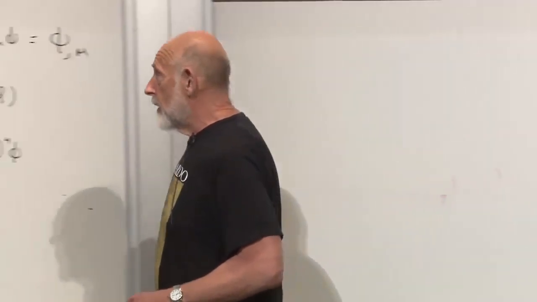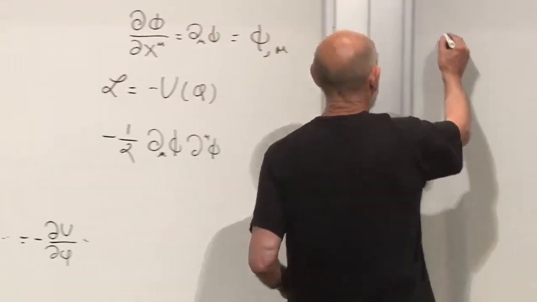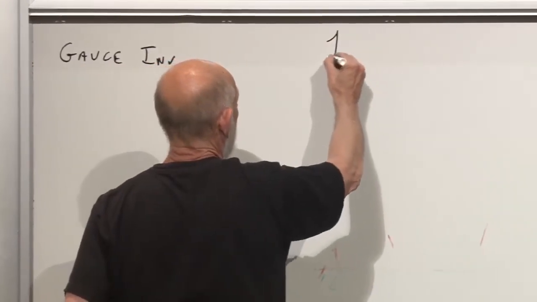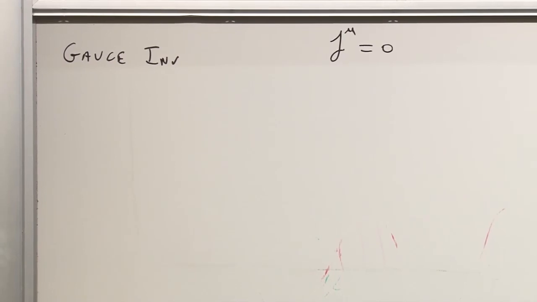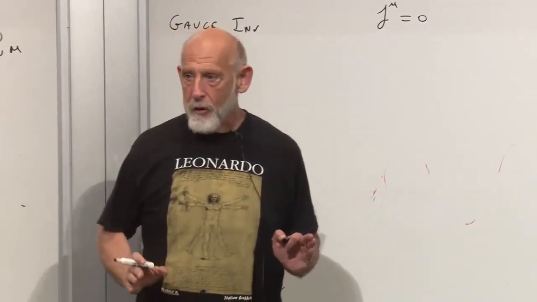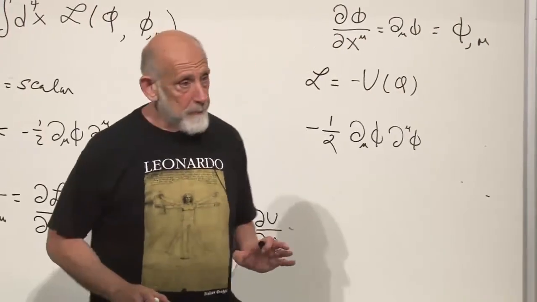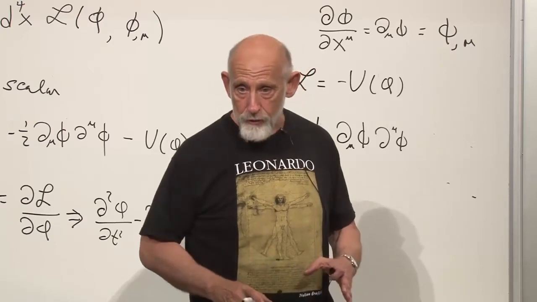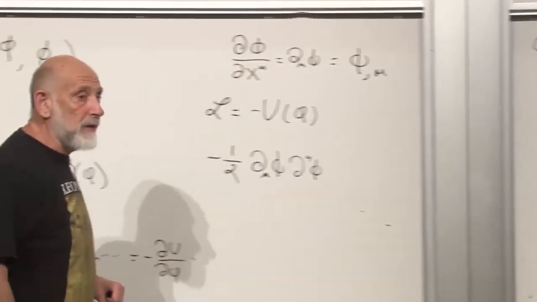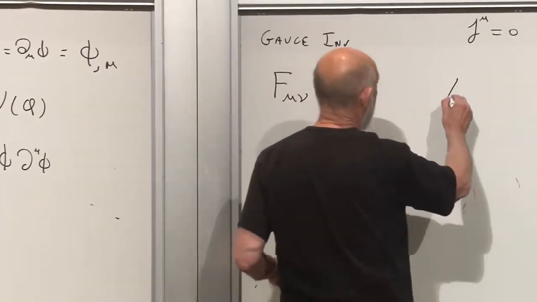One more principle: locality, Lorentz invariance, and when it comes to electrodynamics, one more principle: gauge invariance. So let's put gauge invariance here. For the moment, let's set the current equal to 0. No charges, just electromagnetic field. Gauge invariance tells us the Lagrangian, or at least the action, should not change when you make a gauge transformation. The simplest way to ensure that is to make the Lagrangian itself out of things which are gauge invariant. The things which are gauge invariant are F mu nu, the electric and magnetic fields. The electric and magnetic fields are gauge invariant. They don't change when you add to A